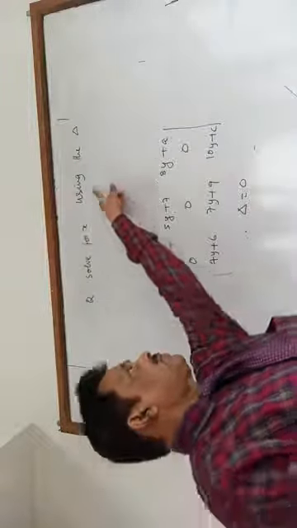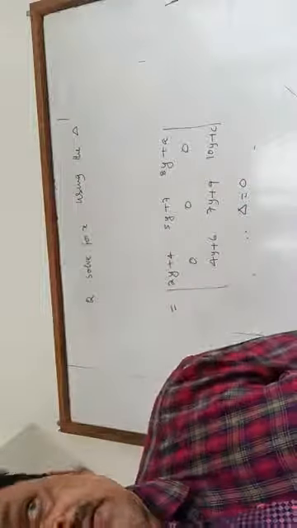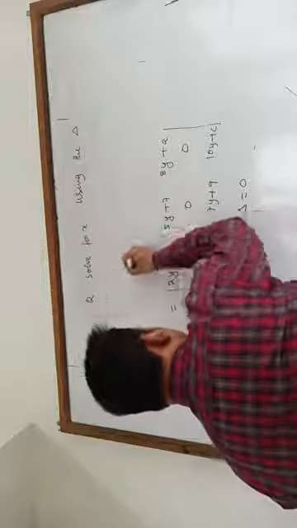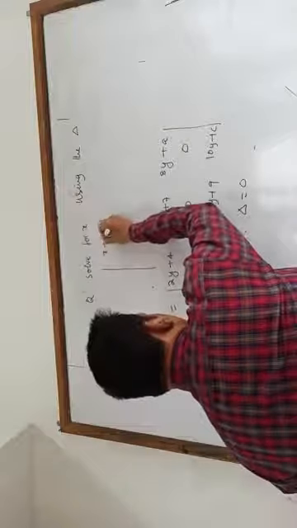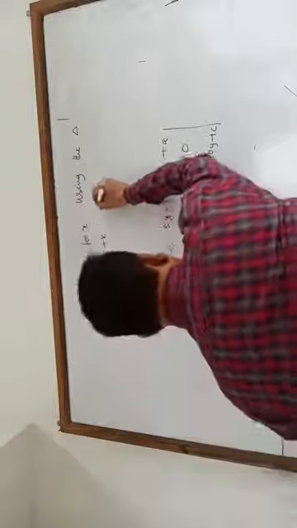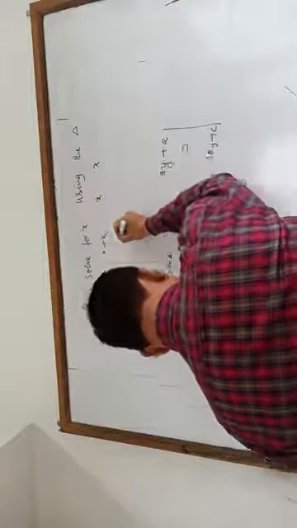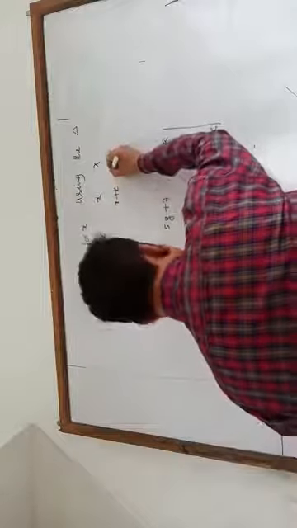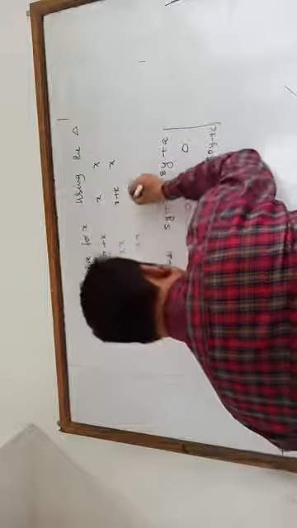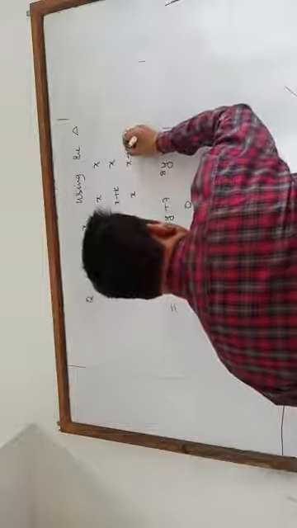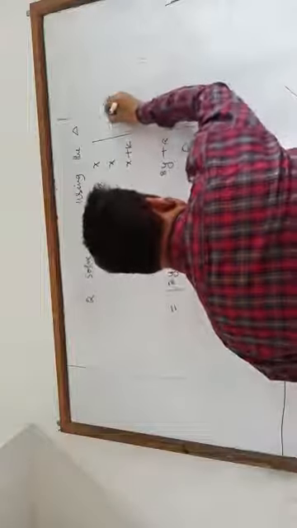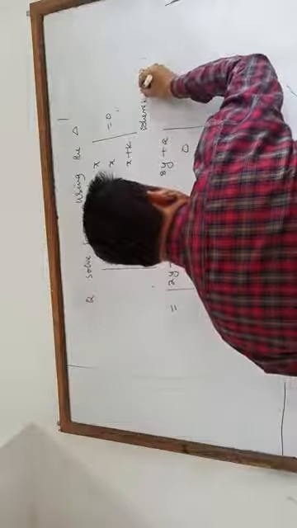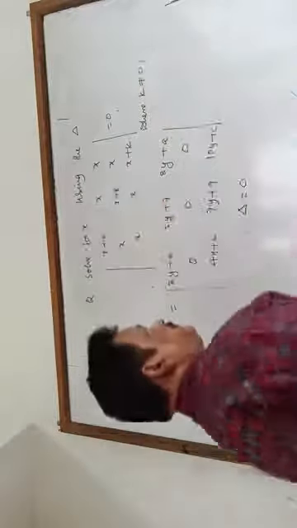Solve for x using the determinant. You will get a question on this. The determinant has rows: x plus k, x, x; then x, x plus k, x; then x, x, x plus k, equals 0, where k is not equal to 0.